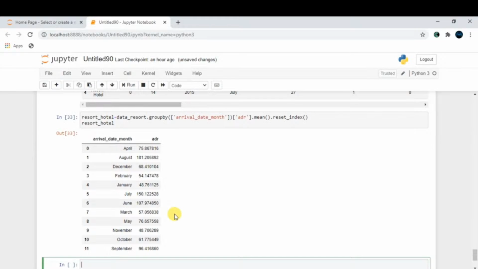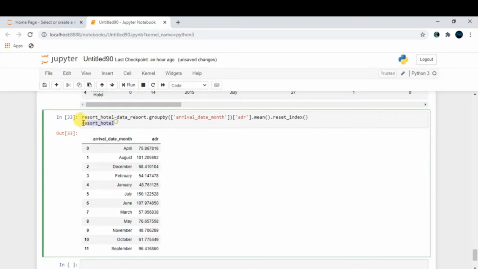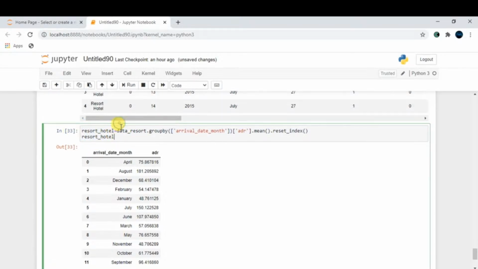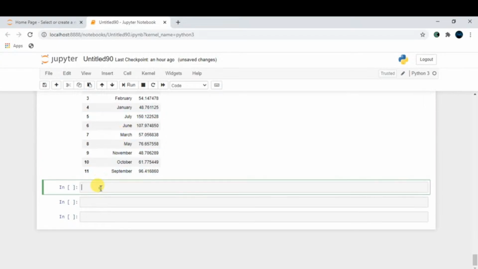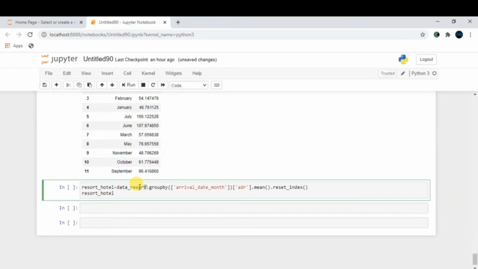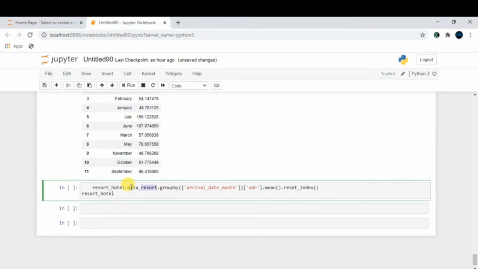You have to follow this similar approach for your city hotel as well. So let me just copy all these things and paste over here. I have to do a similar approach for my data_city. So just remove